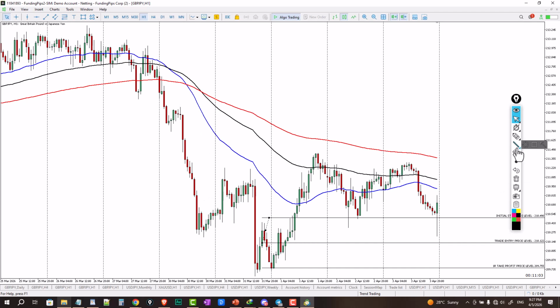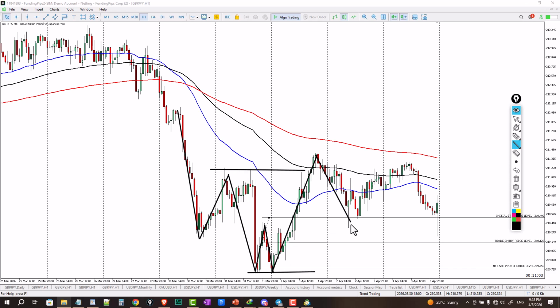And one of the things you'd notice is that the trend was intact as long as price was forming lower lows and lower highs. But then all of a sudden, price formed a lower high, but then it was struggling to break below this lower low. Okay, so we had something like a double bottom here. And if you were paying attention to market structure, this would have been a warning signal for you that maybe the trend is temporarily not continuing that side. And so you'd have seen that price broke above this resistance. So we went from forming lower lows and lower highs to now price forming higher highs and temporarily higher lows. Okay, so as long as price doesn't break this level, we're still in a downtrend technically,